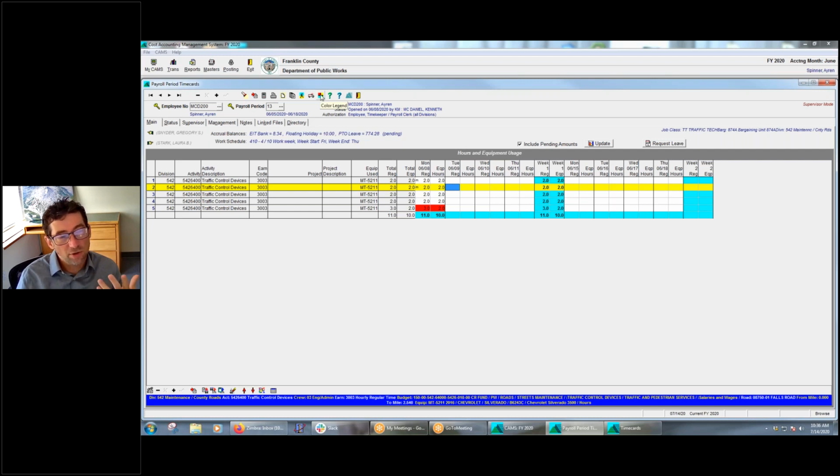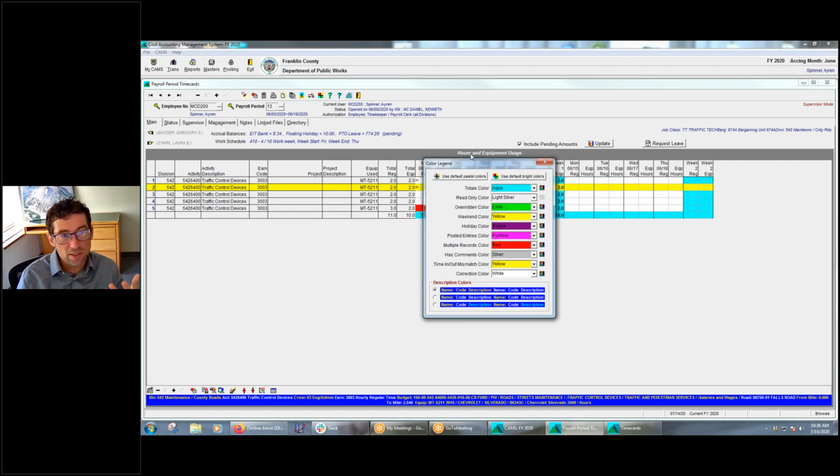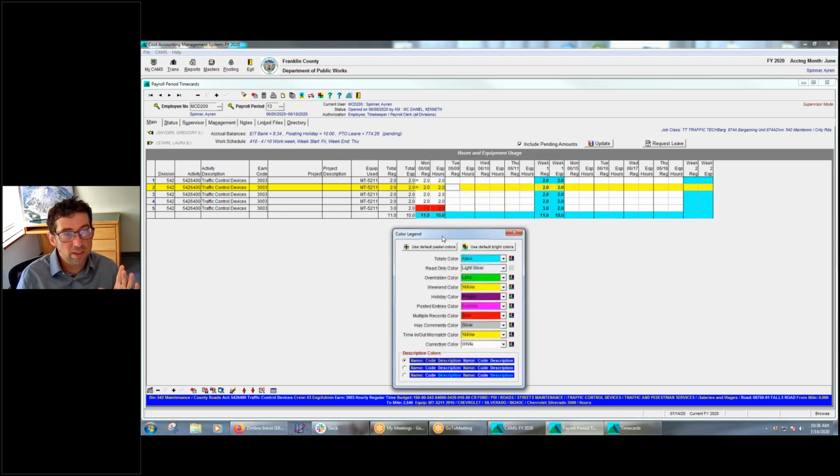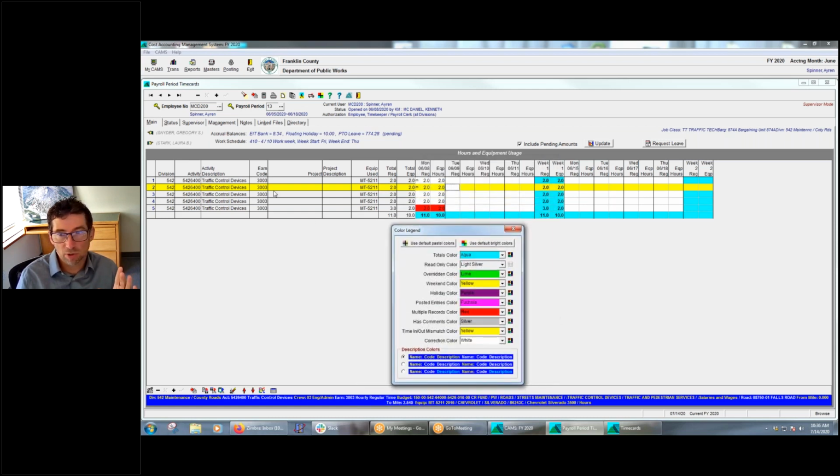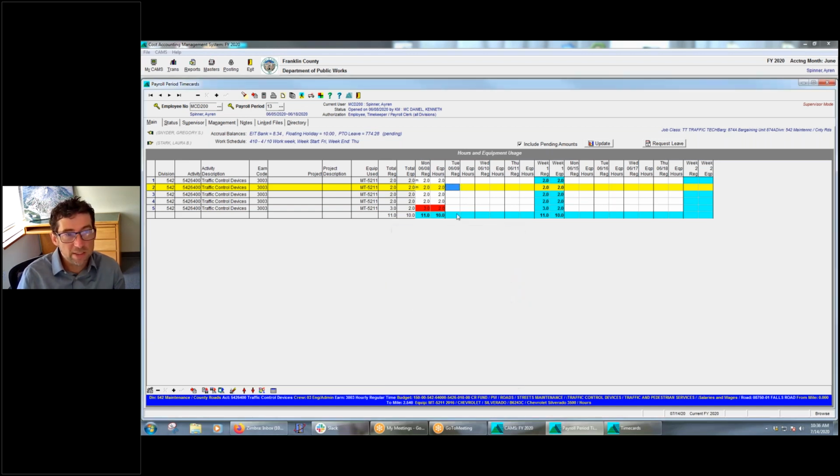So this is another kind of, I guess it goes with settings. Your color legend is also only for you, and it describes how this blue bar is set up and the reasoning for the colors in the grid, okay? So red means multiple records in our default setup, okay? So what that means is this 3 is not just a 3, it's multiple records. And if I want to deal with it,